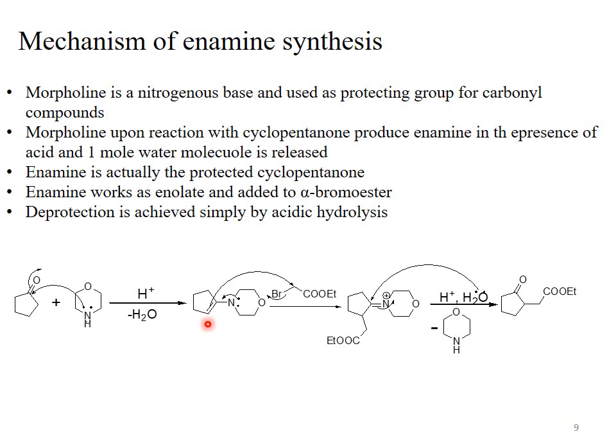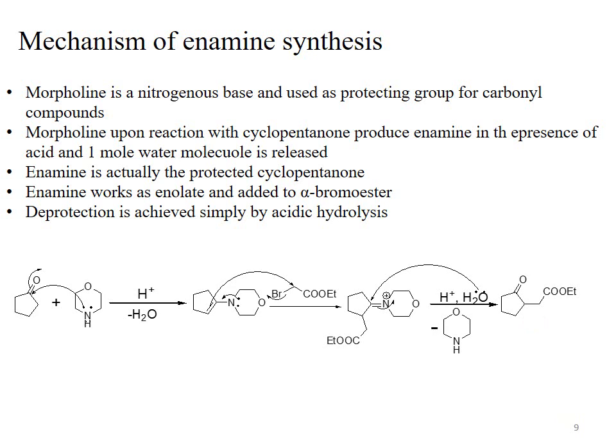If we treat the cyclopentanone with the base, then the base abstracts the acidic proton and it converts this cyclopentanone to enolate. The enolate works as a base. The enolate does not work as a nucleophile in this case. This is a specific case. In this case, the enolate will not work as a nucleophile. It does not attack at the alpha carbon of the bromoester, but it abstracts the acidic proton from the alpha bromoester.